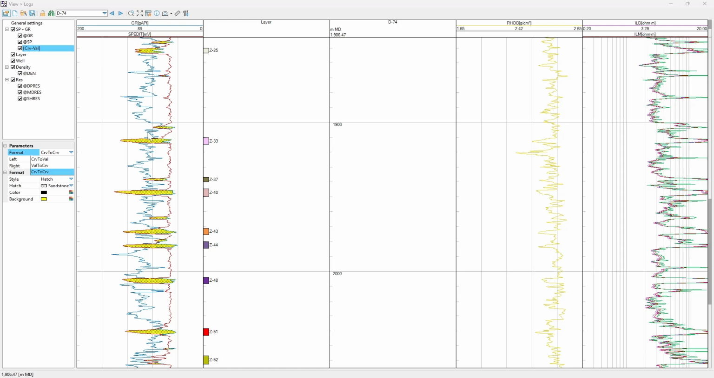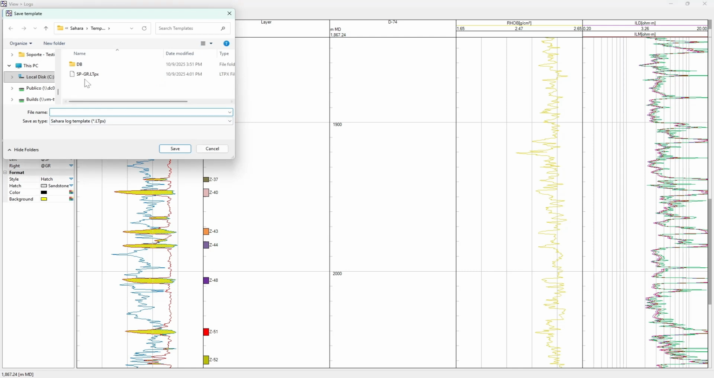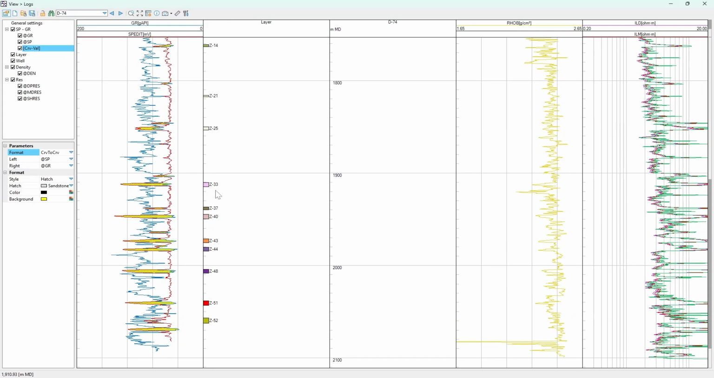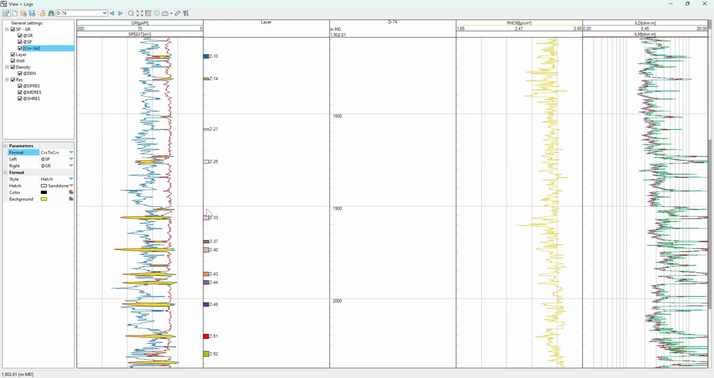And another thing to consider here is that we can always save our template here. So we can, for example, call this SP gamma ray. Let's call it complete, because we added quite a lot in this exercise to this template. So yeah, those are some basic functions associated with the log